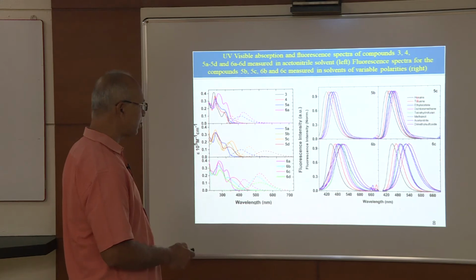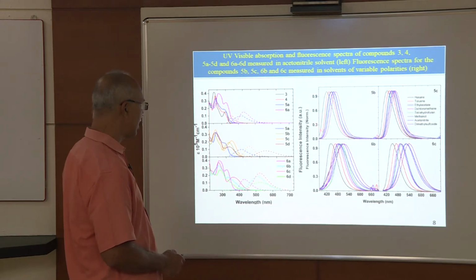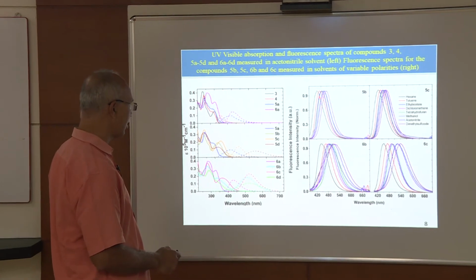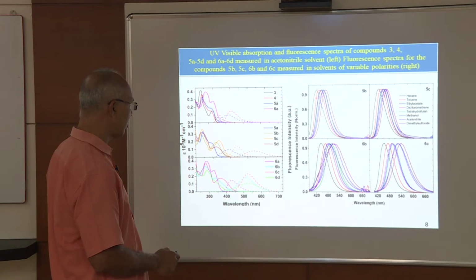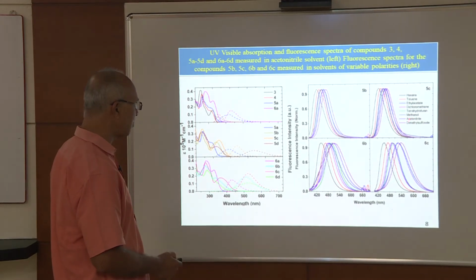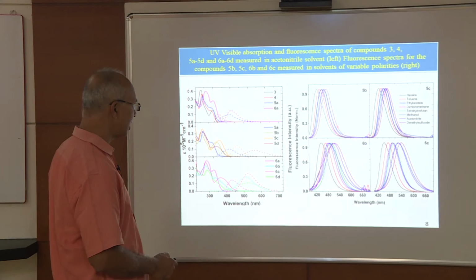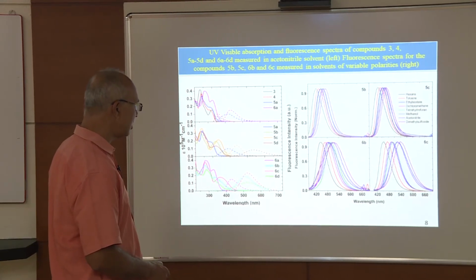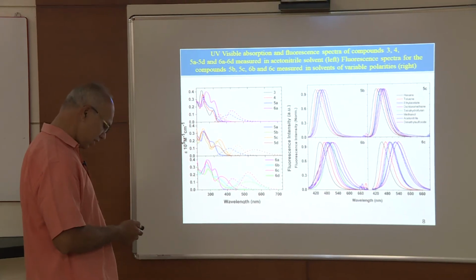When you see the solvatochromism effect, hexane, the less polar solvent, has absorption around 430 and emission around 430. When we move to dimethyl sulfoxide, it gets redshifted. This is the observation we made.